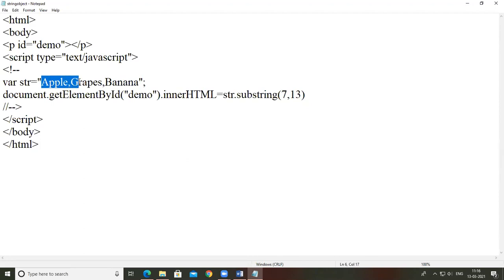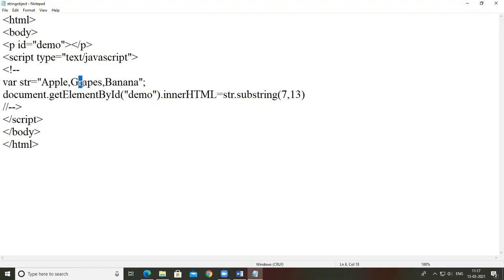So it returns the value up to 13. The output is RAPES and comma, that is 8, 9, 10, 11, 12, 13. So it returns the substring from 7 to 13.